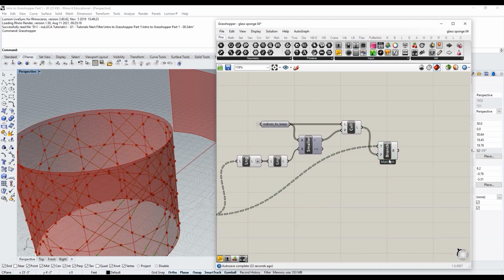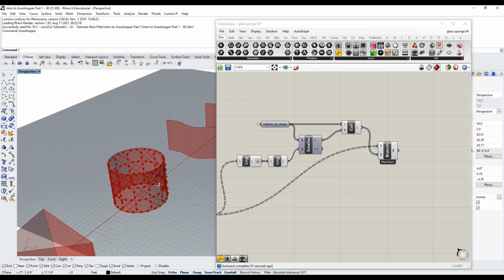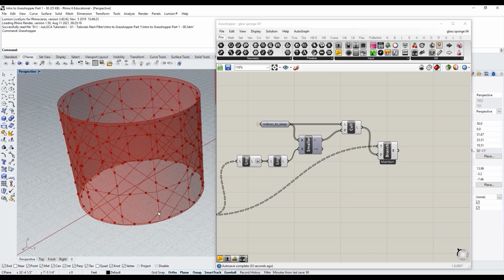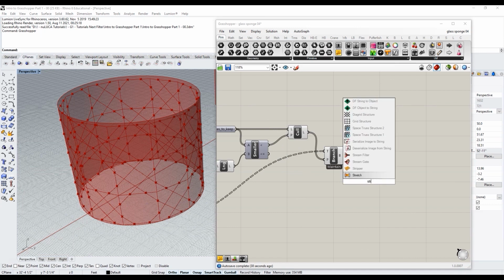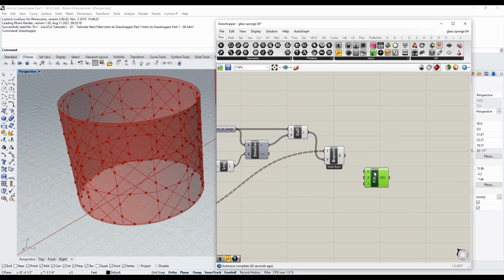We can delete this, and we do want to do this if it's a wrapped surface, but we don't want to do it if it's not a wrapped surface. So we're going to need our wrap boolean again and another stream gate or stream filter. So stream filter,